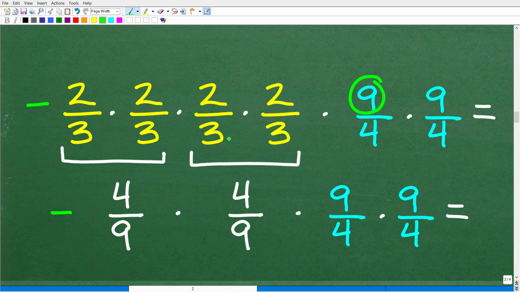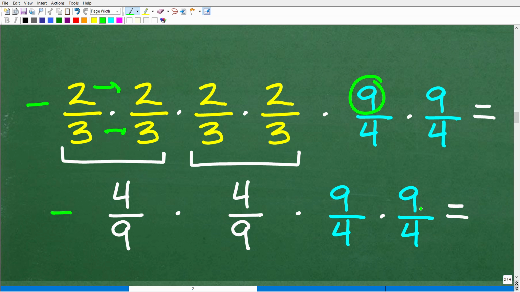It would be awesome if we had 9s down in the denominator because these things would cross cancel. And we can form some 9s because here we could simply multiply pairs, these two pairs of 2/3 together. So for example, 2/3 times 2/3, well, this is going to be what? 2 times 2 is 4 over 9, right? 4 over 3 times 3 is 9. So we can think of this problem as negative 4 over 9 times another 4 over 9 times